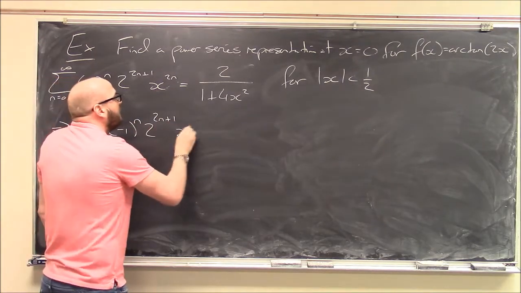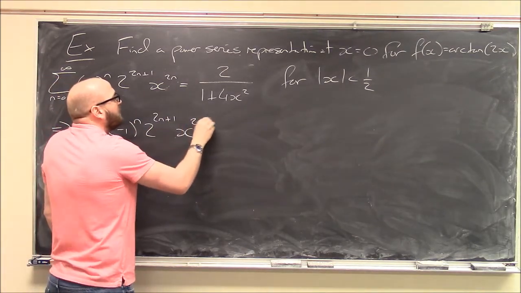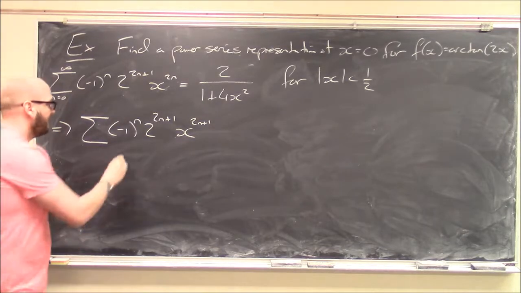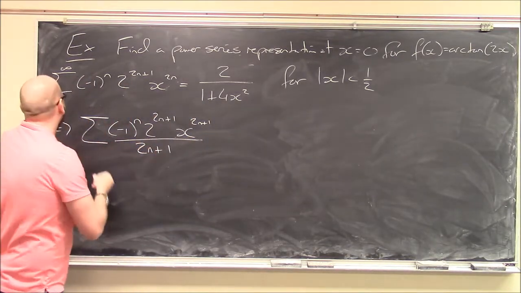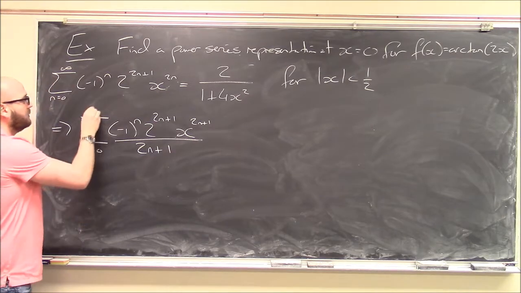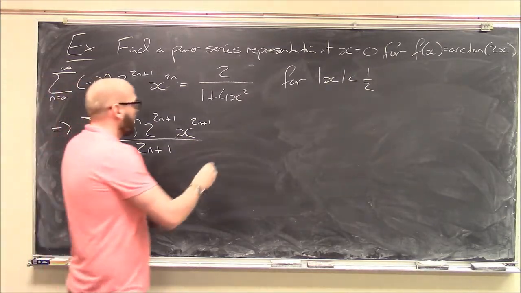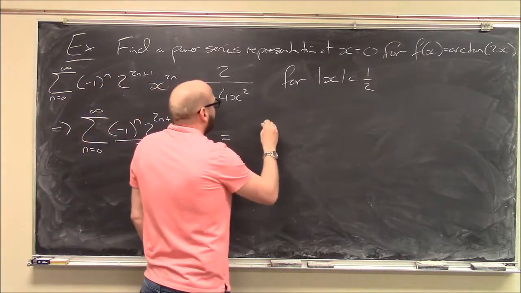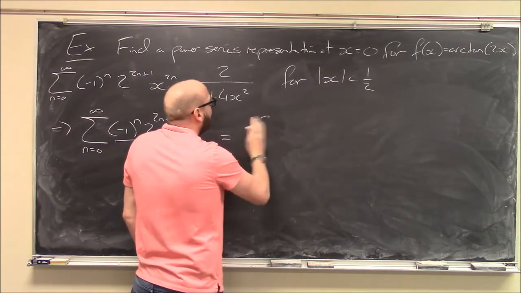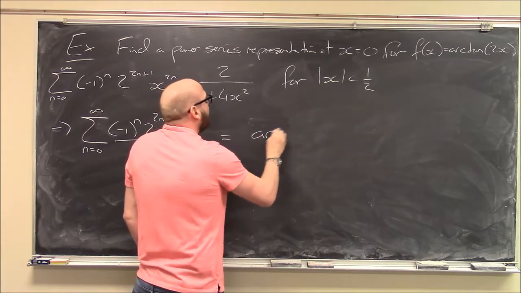So x to the 2n integrates to increase the power by 1, x to the 2n plus 1, divided by the new power, 2n plus 1. n goes from 0 to infinity. The integral of the left should equal the integral of the right. And the integral of the right-hand side is arctangent